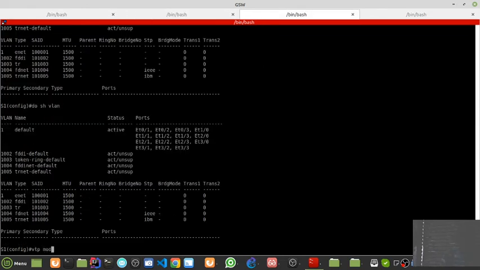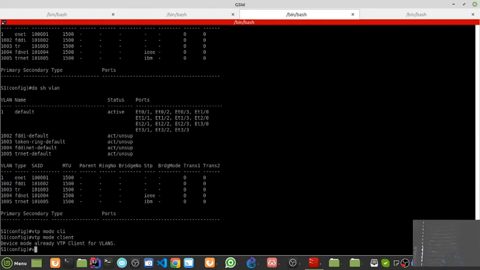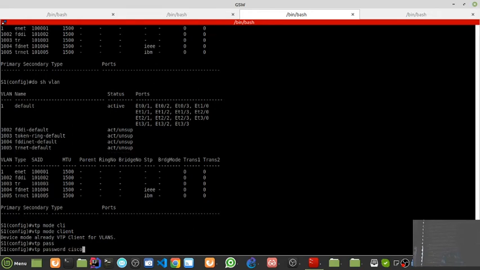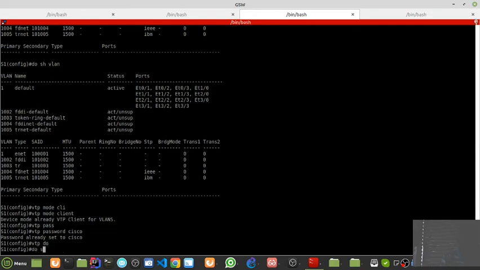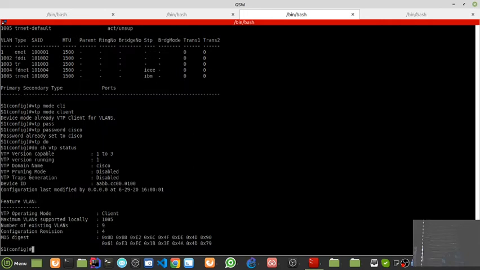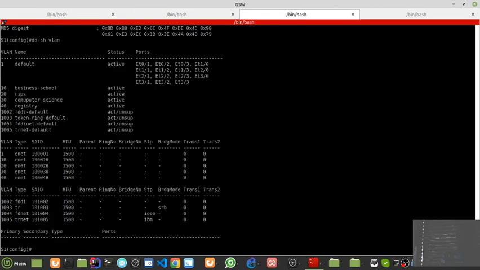VTP mode client. VTP password is Cisco, and VTP domain, and show VTP status. We have everything here. Show VLAN. Our VLANs are all showing, so we are done. So we have to